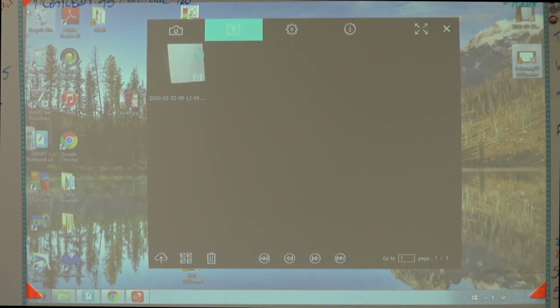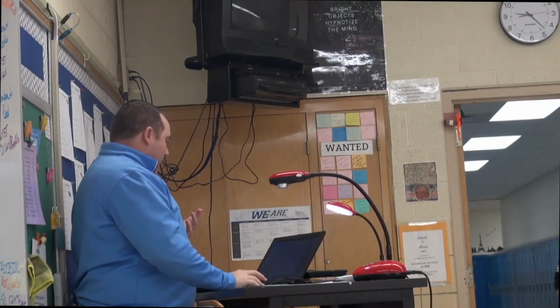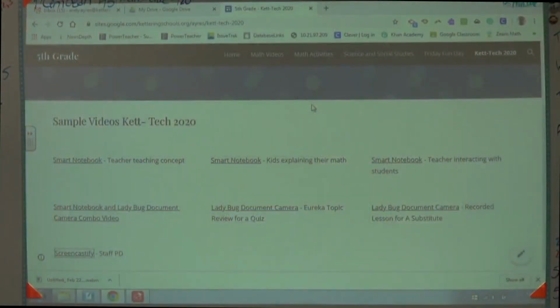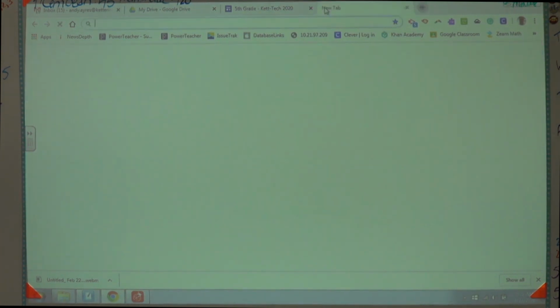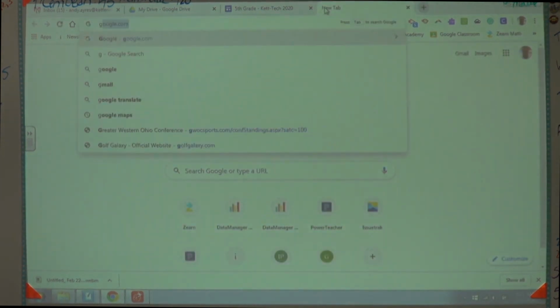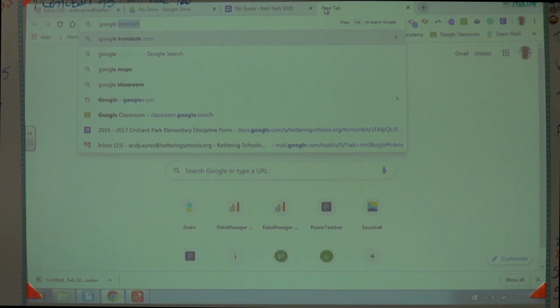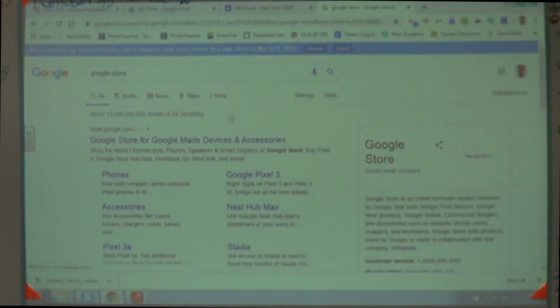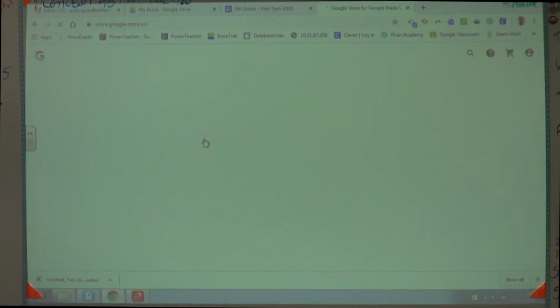All right, so I did Ladybug first, and then I did Smart Notebook. The other one is Screencastify. Screencastify is a Google extension that you add to your Google account. So if you do a search for the Google Store, for apps and devices,